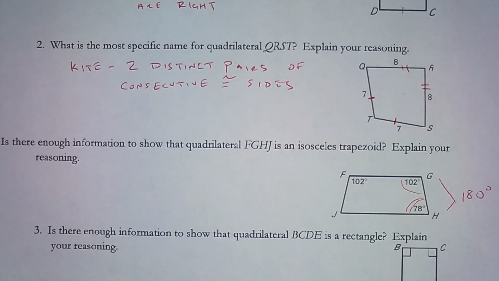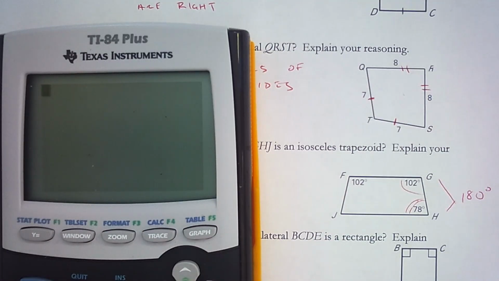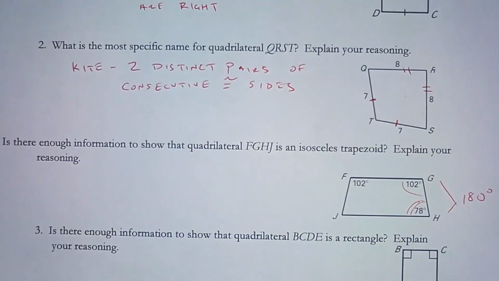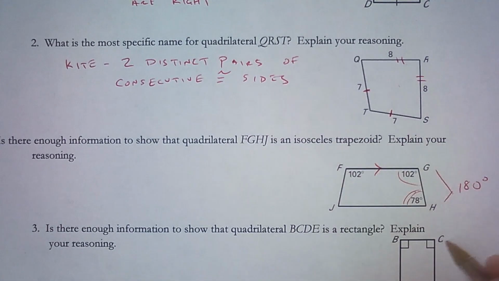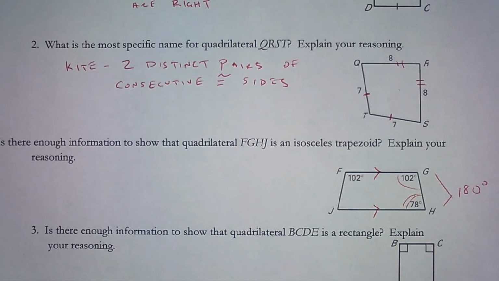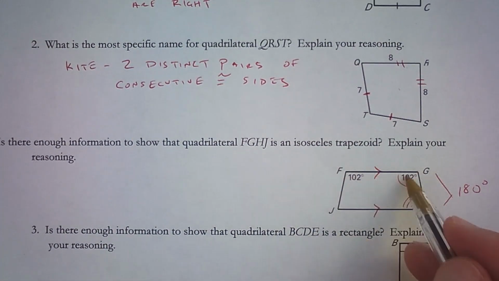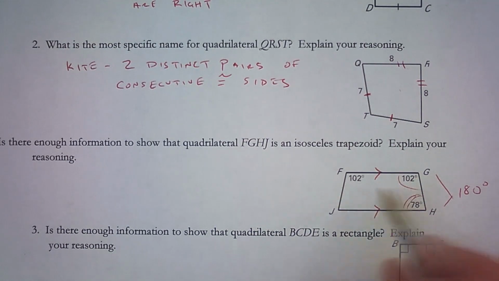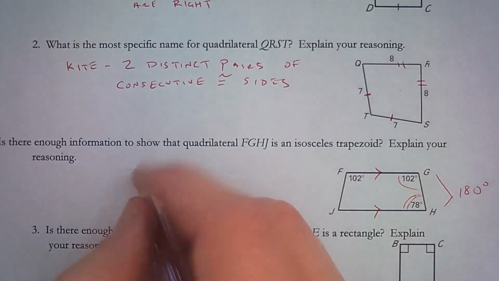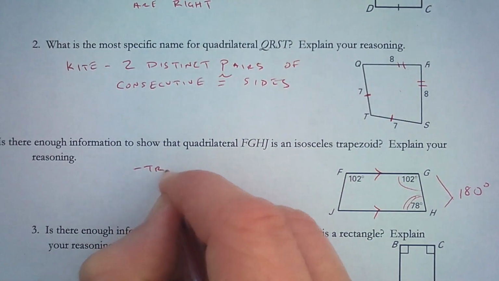Okay, so let's check on our calculator. 102 plus 78, 180 degrees. Okay, that means these are parallel. Now, these do not add up to 180, so these are not parallel. So I can say it's a trapezoid